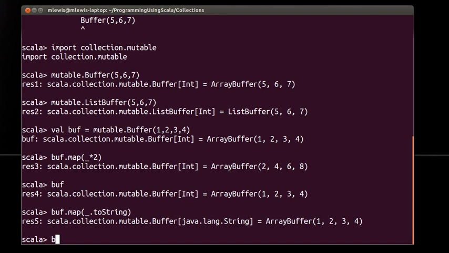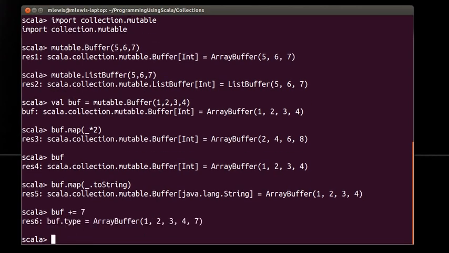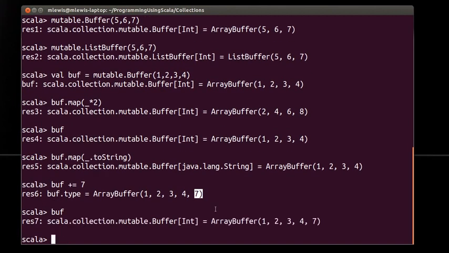So instead, there are a few other methods that are completely new, that allow you to change your buffer. So, for example, I can append to my buffer, and you see now here I have a 7. And this actually altered the value of buff, the fact that it's mutable. This is the thing that I couldn't have done with an array. Now, something that I could do with an array